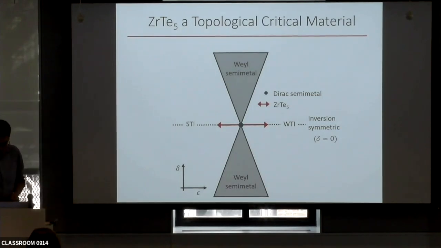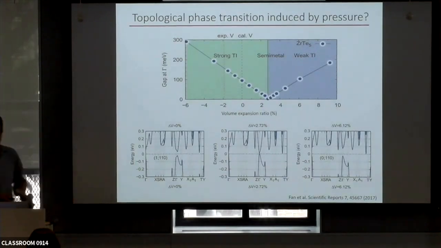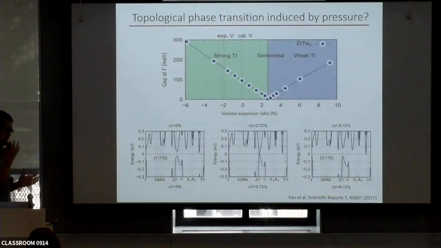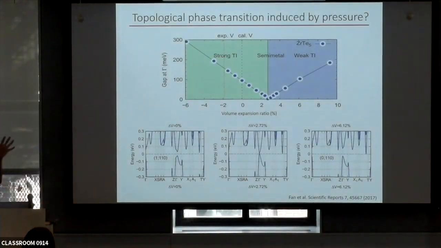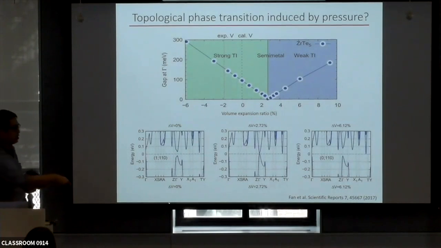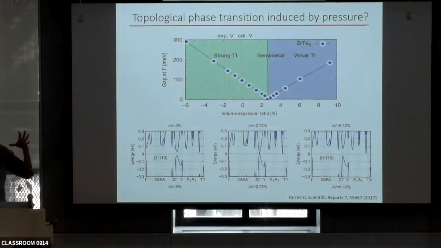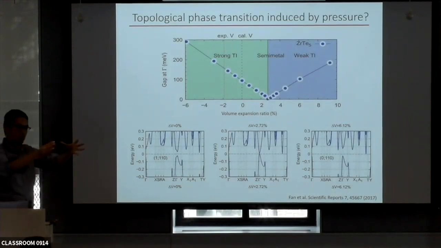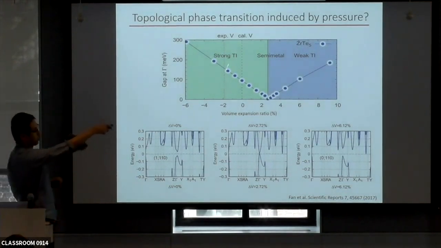Now, of course, people immediately looked into this possibility, doing some DFT calculations to see how the band structure and the topological phase evolve as a function of lattice constant. This is work supported in this paper, where they calculated how the band structure evolved as a function of isotropic expansion and contraction. And what they found is that the ground state is a strong topological insulator, but you have to